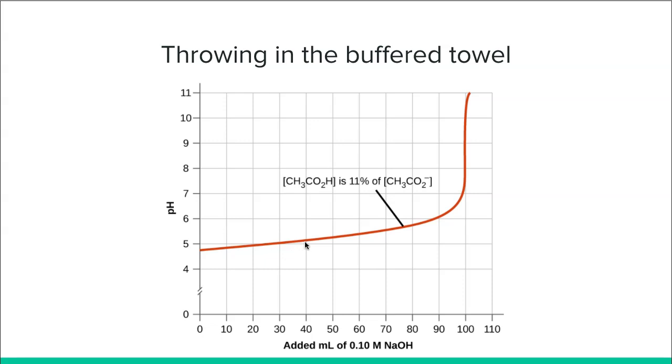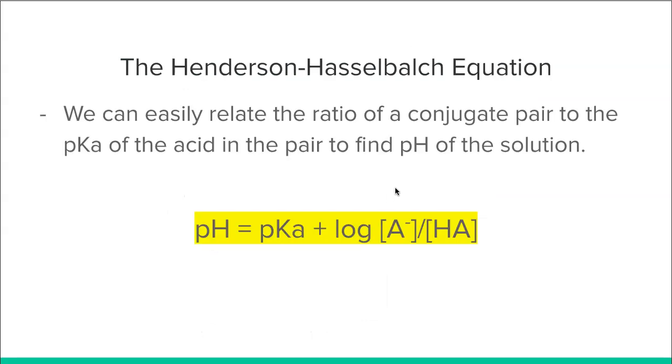Okay? So again, as you start to approach this 10% of the other conjugate, you're going to have a collapse in the buffering capacity, and all of a sudden the acid or base that's being added is going to be like a runaway train in terms of the pH level. All right, so this right here, and we're going to see this as we work through the math,